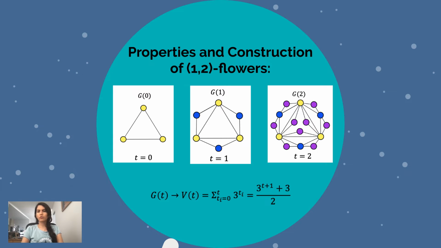This class of networks exhibits some intriguing characteristics of real-life networks existing in nature. For example, the degrees of nodes obey the power law distribution with the approximate exponent of 2.585, and also the average clustering coefficient tends to 0.8 when the network order is large enough, and the average path length increases logarithmically with the size of the network. Therefore, we can actually conclude that the 1-2 flowers express a small world behavior.